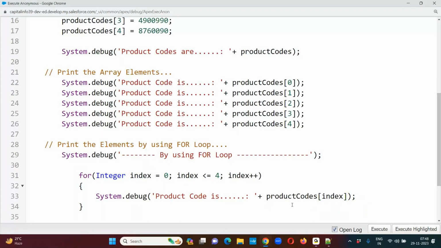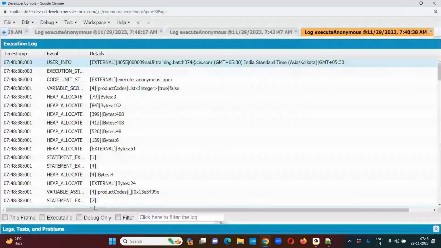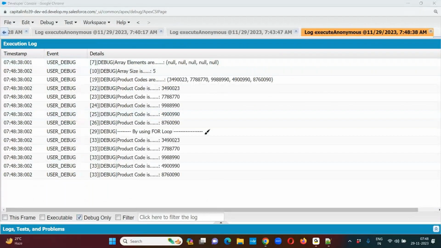Now let me execute this. Select the debug only statement. Now by using for loop also, we can print all the elements, instead of writing that system.debug